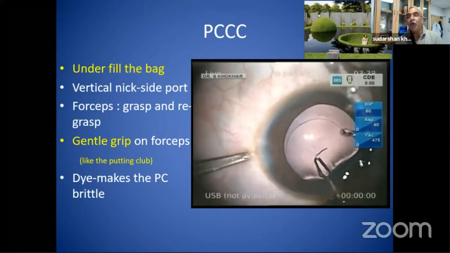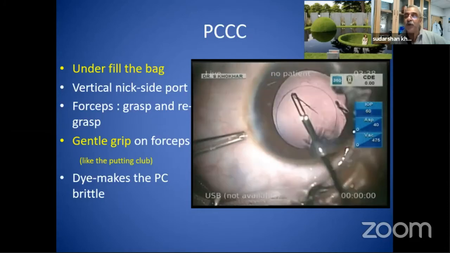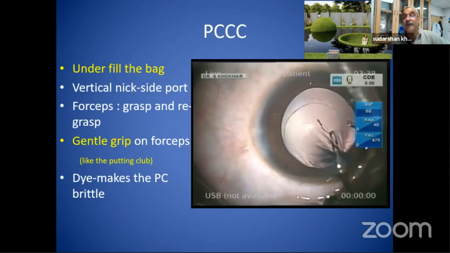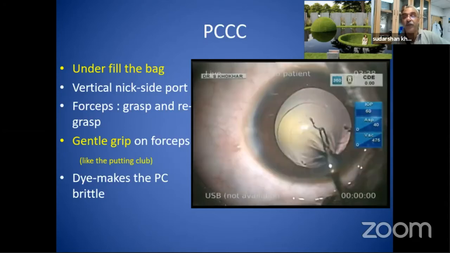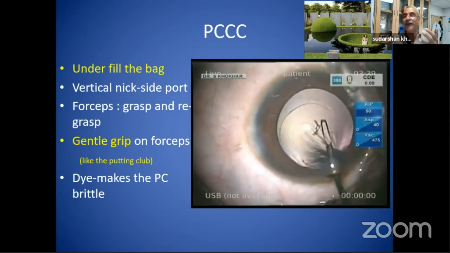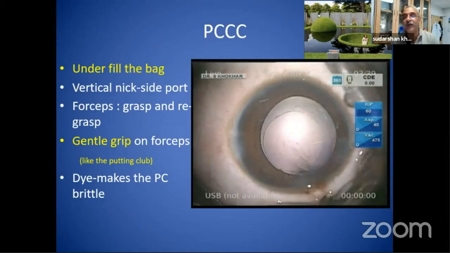You see, if you don't overfill the posterior capsulorhexis, everybody is scared of doing the posterior capsulorhexis, but I think that's much easier than doing the anterior capsulorhexis. In the anterior capsulorhexis, if your chamber goes shallow, there's a chance of running off. Here, the chamber is shallow. You don't want it shallow, and you don't want it to be overinflated. Otherwise, the posterior capsule will go further away. And you see how easily it happened.